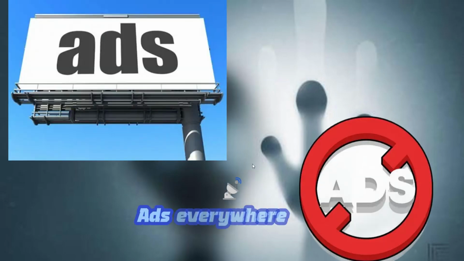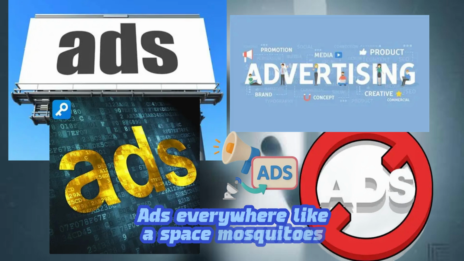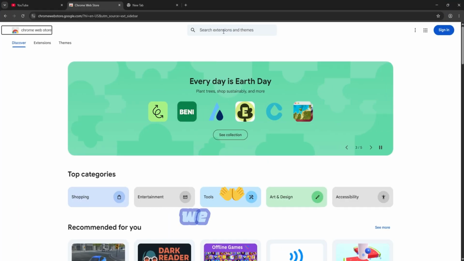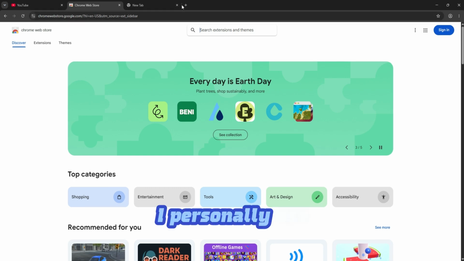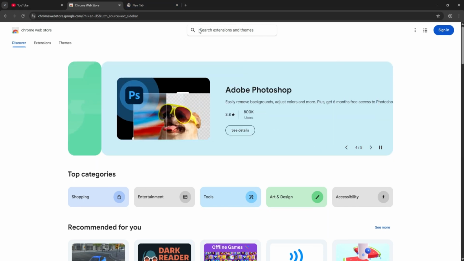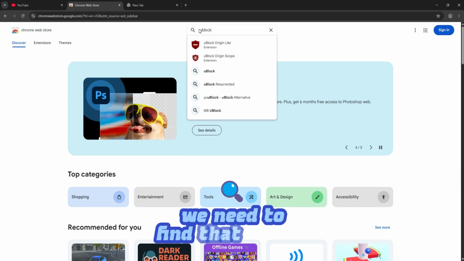Ads everywhere, like space mosquitoes. Let's swap them. We need to open the Google Chrome extension market. I personally use uBlock Origin. We need to find that uBlock Origin